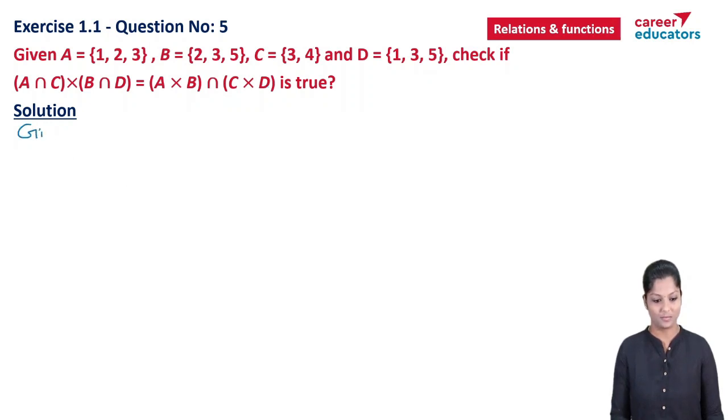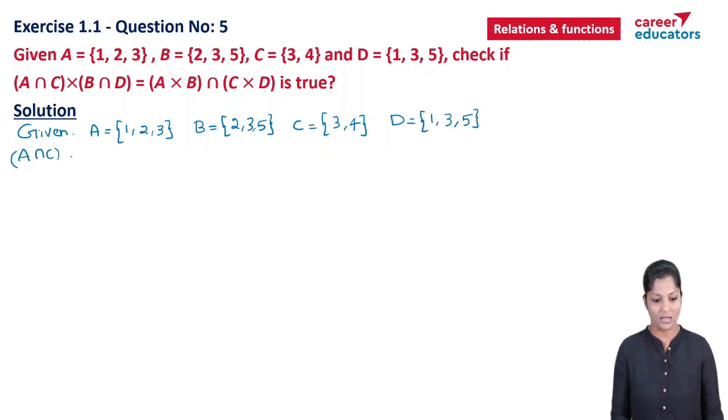Given A equal to 1, 2, 3. B equal to 2, 3, 5. C equal to 3, 4 and D equal to 1, 3, 5. We have to check whether A intersection C cross B intersection D is equal to A cross B intersection C cross D. Consider